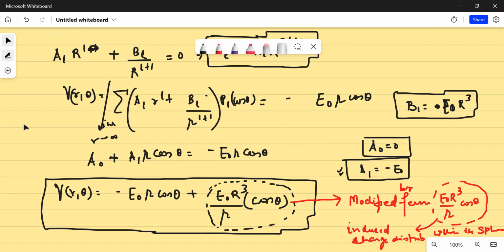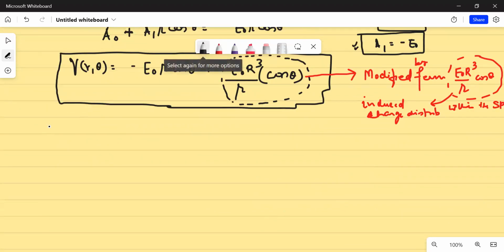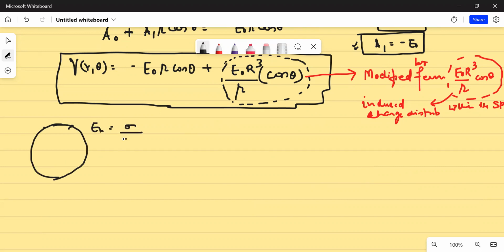Now, if you want to find what is the induced distribution, one understands that near the conducting surface, the normal component of electric field is given by the charge distribution, that is sigma upon epsilon. So what is the normal component to the sphere? The normal component would be the radial component. And the first thing that one needs to investigate is what would be the electric field. One can clearly see that electric field can be written as